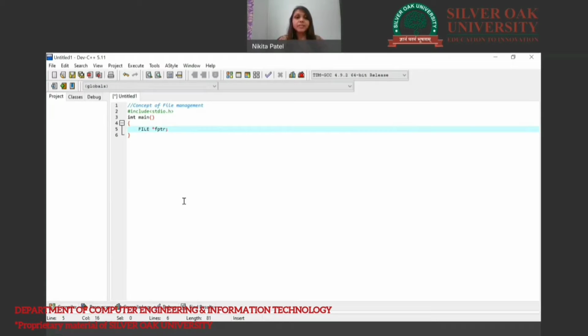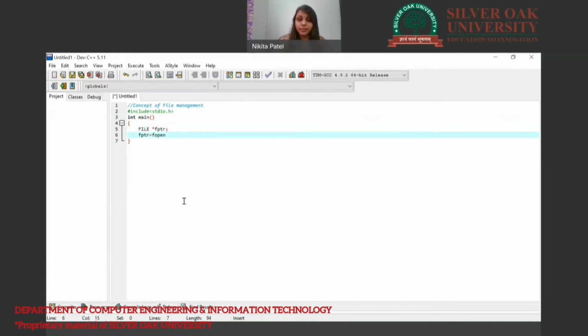So this statement declares a pointer variable as a FILE data structure, and fptr is equal to fopen for creating a file. Define your target directory where you want to create it. Here I am specifying D drive program.txt.